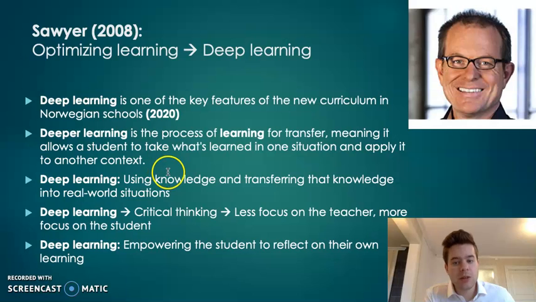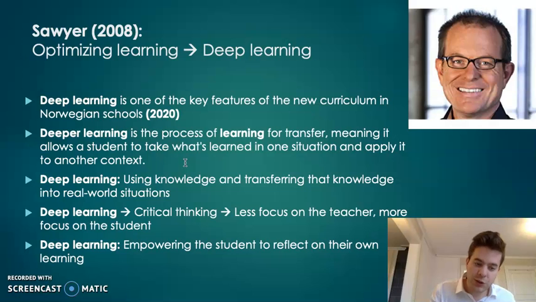So, what is deep learning? Well, deeper learning is the process of learning for transfer, meaning it allows a student to take what is learned from one situation and apply it to another situation or another context. So, deep learning is using knowledge and transferring that knowledge into real-world situations. It also includes critical thinking, and there is less focus on the teacher, and there is suddenly more focus on the student. So deep learning is really about empowering the student to reflect on their own learning and even to